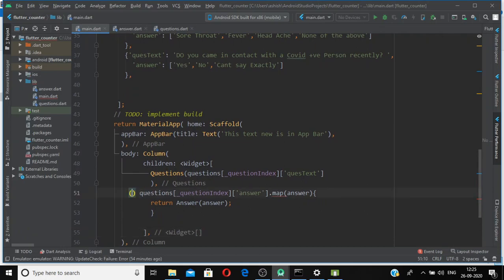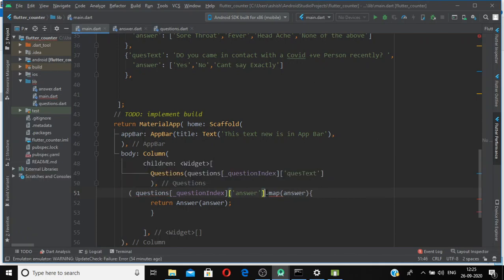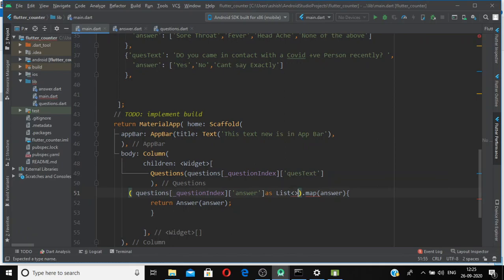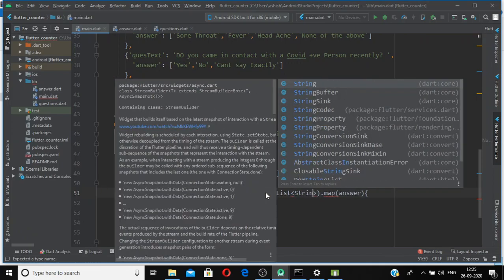To tell it, we need to use the keyword as list of strings.